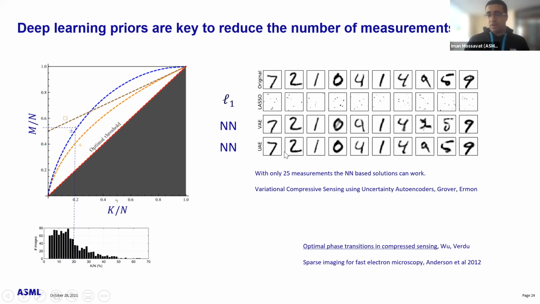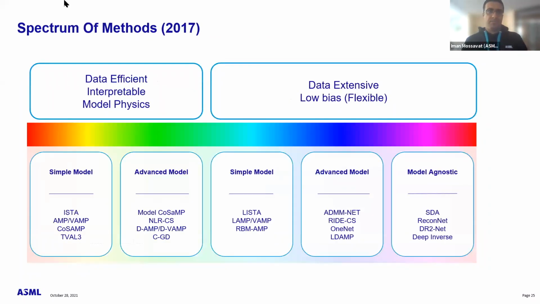Essentially, it's an autoencoder where the encoder is a linear system, and the decoder is nonlinear, and the encoder is using information theoretic arguments about what is the best direction to measure such that the posterior uncertainty is minimized. This is a zoo of methods, actually, just up to 2017. So with data science standards, this is ancient times. I apologize for that, but that's not the point of this